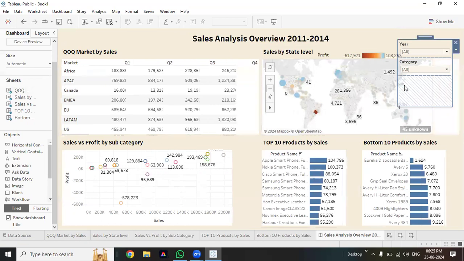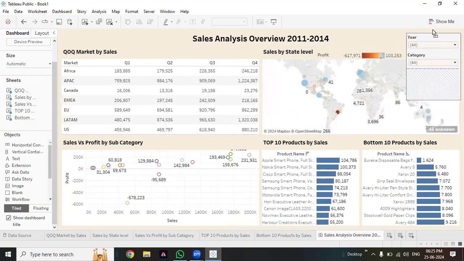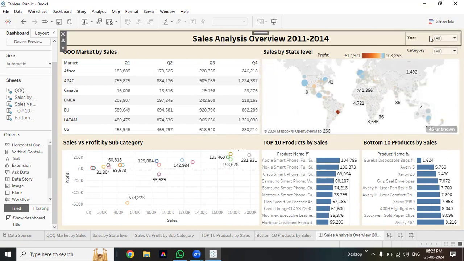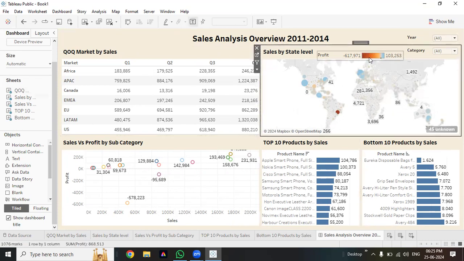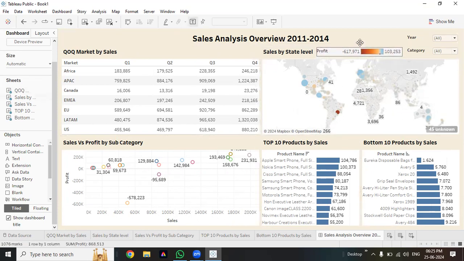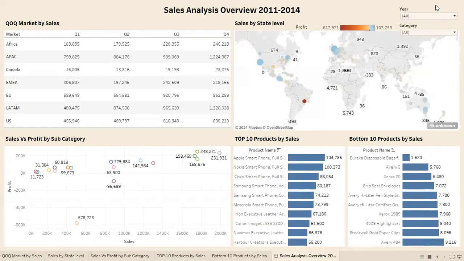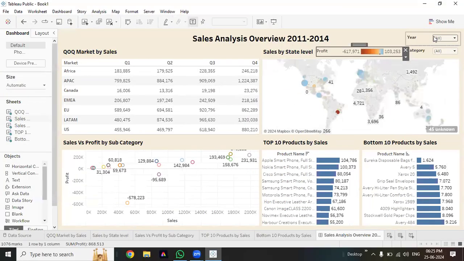Now let's say I make this floating. Now you see, I can just float it and keep it at the top as well. I'll reduce the size and keep it this way. Now I've got the 2 filters side by side. Now I can use it. So when I'm presenting this, the end user can use this filter at this time. Or what we can do is